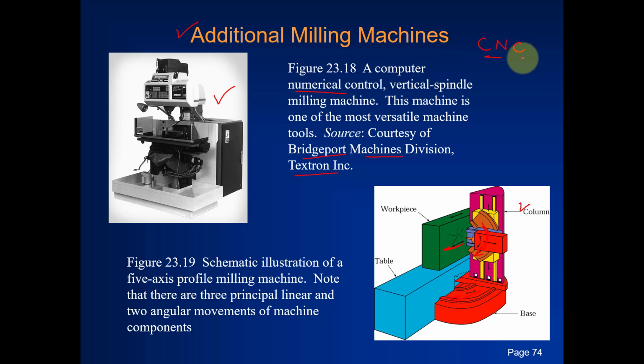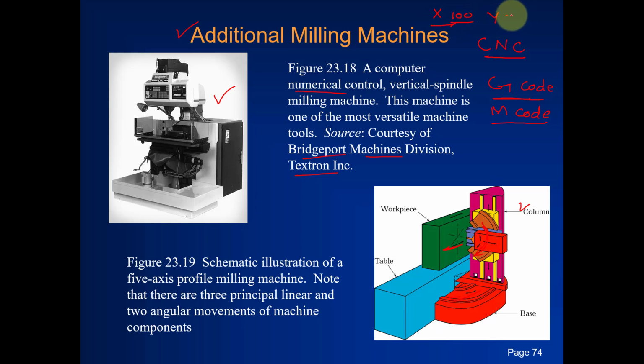So CNC is computerized numerical control. For that we need programming: G codes and M codes. Again, G codes are geometric codes and M codes are miscellaneous codes. All the codes that define the geometry are geometrical codes. For example, if you give a code X100, you are directing the tool to move in the X direction and cover 100 distance.